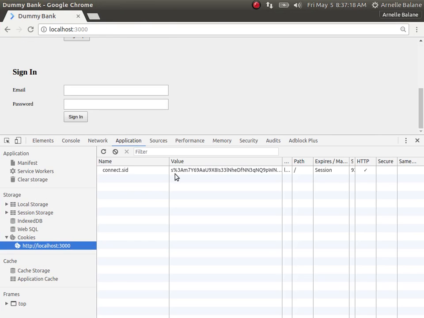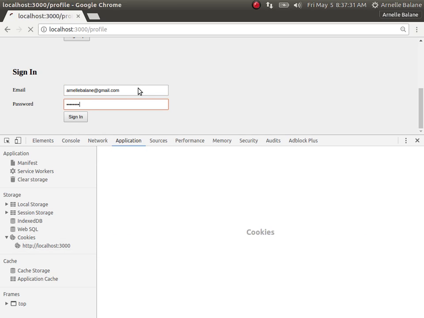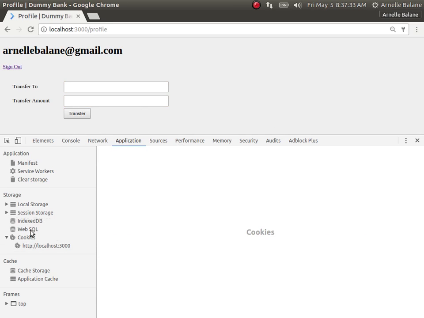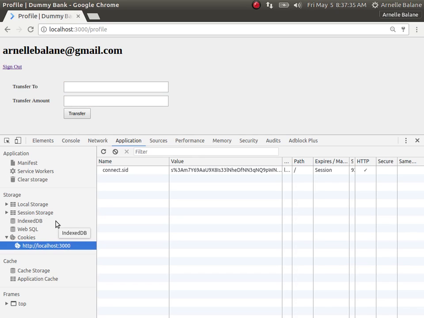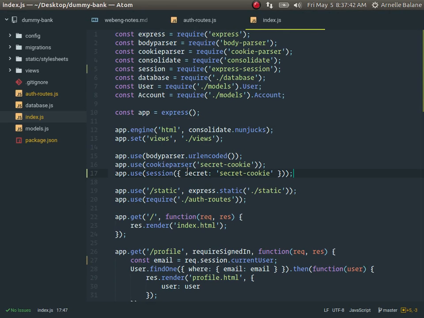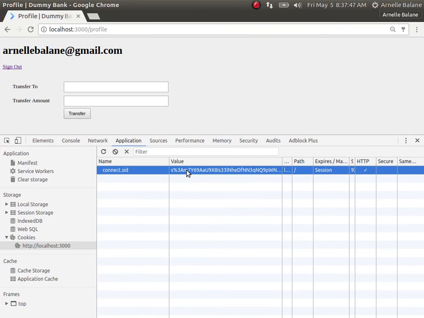Okay, so refresh the page, you'll see that the session middleware generated its own session ID. So you see it looks more random compared to ours. Then let's try signing in again. So yay, same functionality. So all the data that you store in the session will remain in the server. All the browser sees is the session ID token. So all your information is secure here on the server, even though the user can modify the session ID